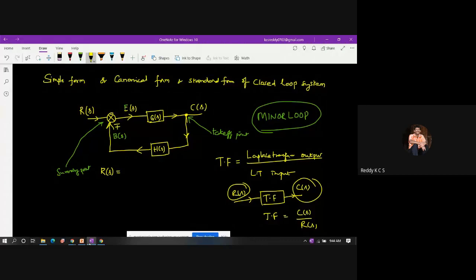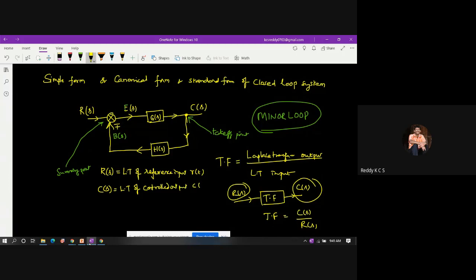That is L of r of t is equal to R of s. So directly I am writing R of s. R of s represents the Laplace transformation of the reference input. What is the reference input? Generally in the time domain it is small r of t, right? Similarly, we can represent C of s, which is the Laplace transformation of the controlled output. C stands for controlled output, so that is C of t.